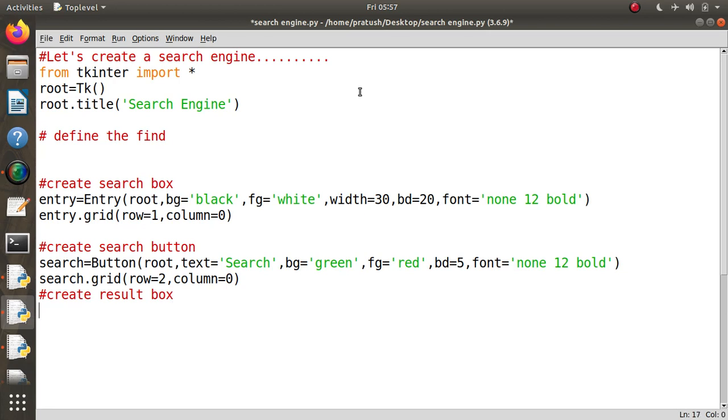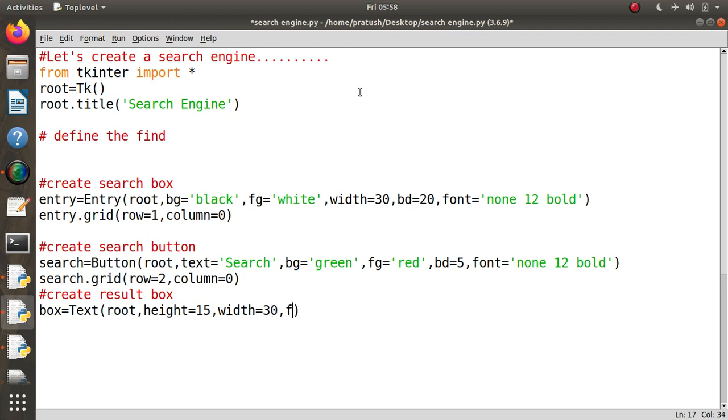Then the result box. In the result box, we will make a text box. How will we make it? We will make it by box equals Text widget. We will use Text, root, comma, height equals 15, and width equals 30.